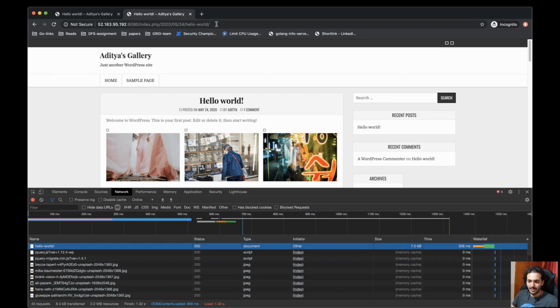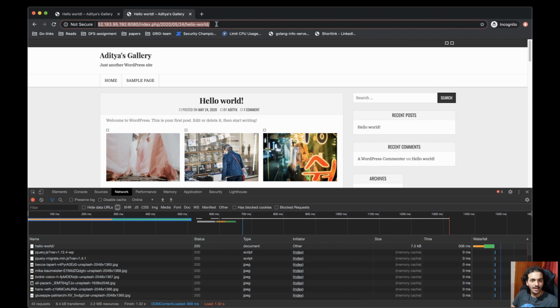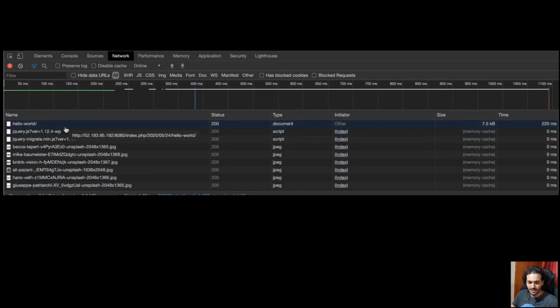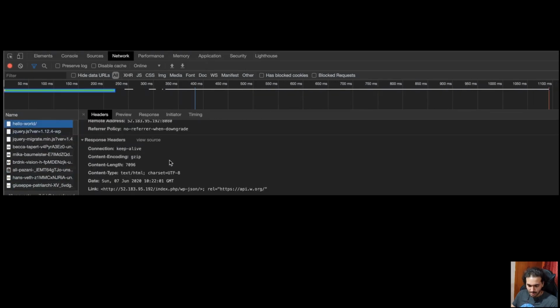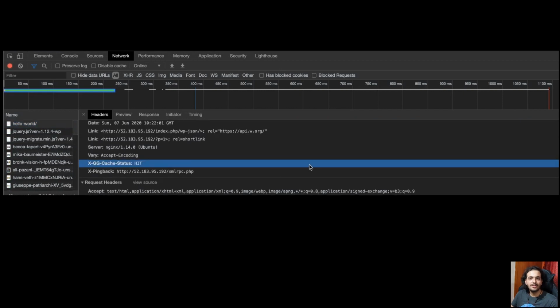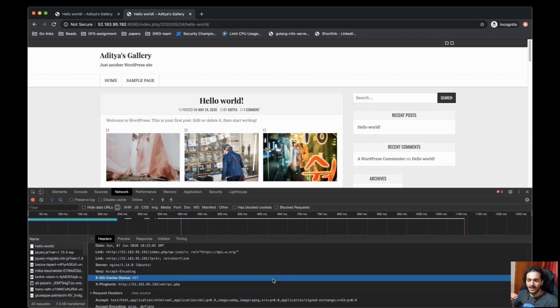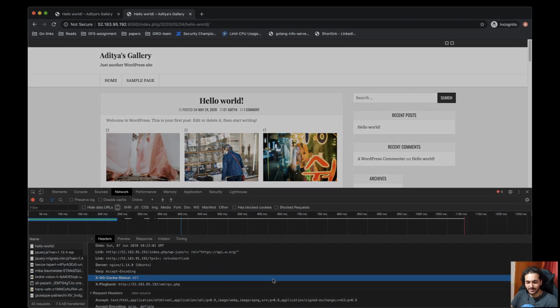So what we are going to do again is run this again. Let's reload this page, and now we should actually see your cache hit, right? If we go back here, exactly. This is what we wanted to see, and this is what we have. There is not a miss anymore. We have requested the same resource which has been cached, and now it has successfully returned it from its cache. This is what saves us a lot of time. And as I said, there is one more layer of browser caching involved here, so that makes it much faster. All your images are loaded much faster because of your browser cache.